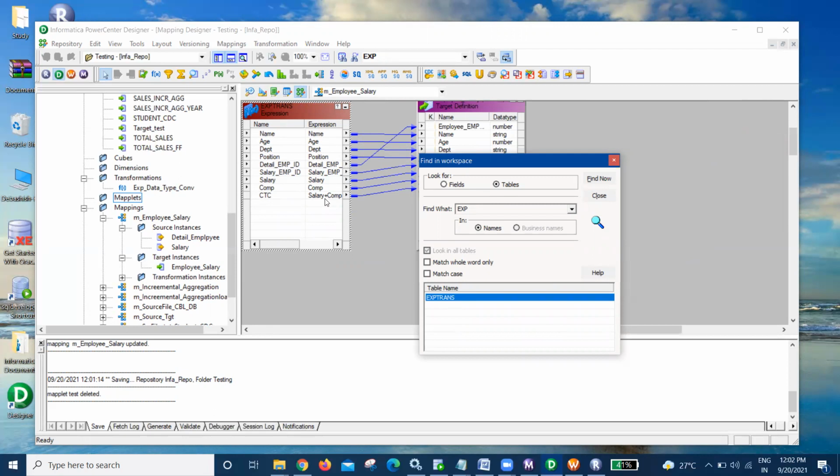So it will help you out in bigger mappings. There will be a lot of transformations available to be used, and you need to find a particular field or particular transformation within the big mapping. That will help you find the particular field and transformation.